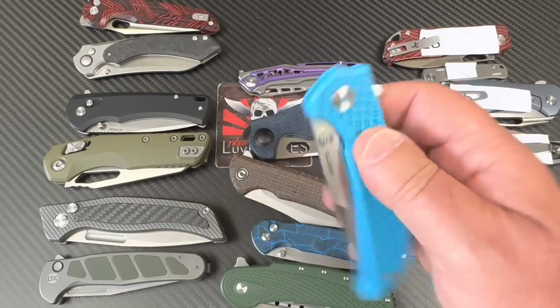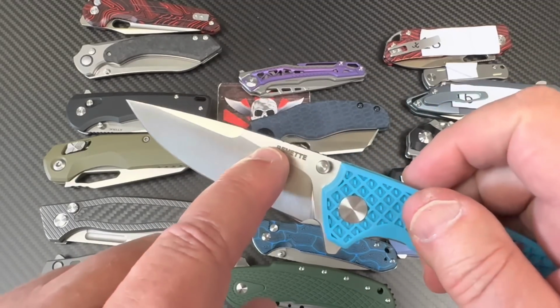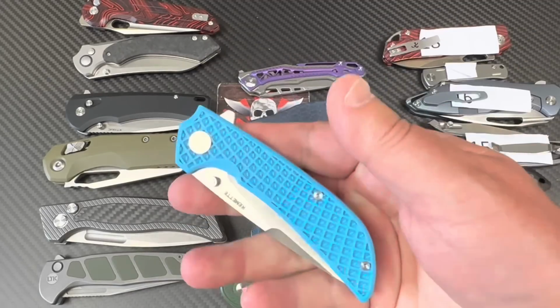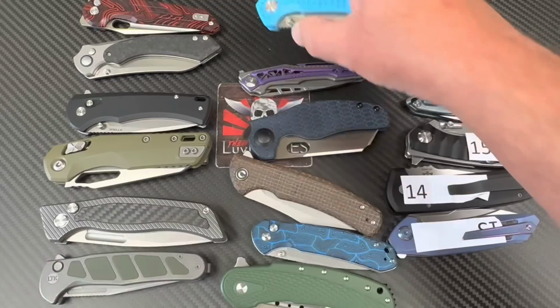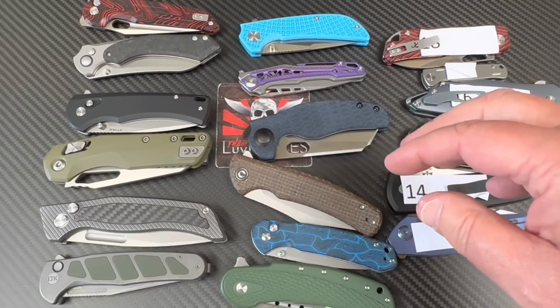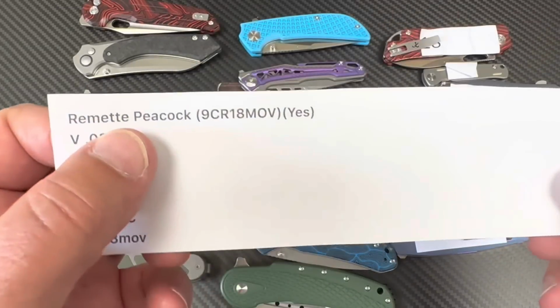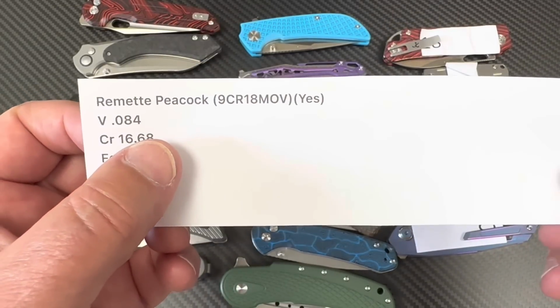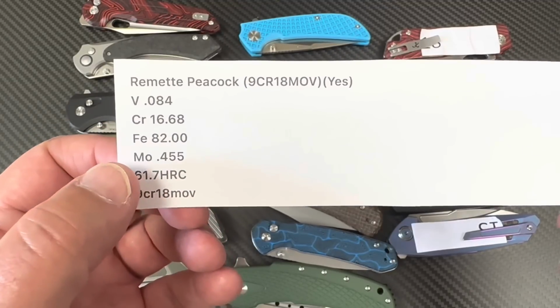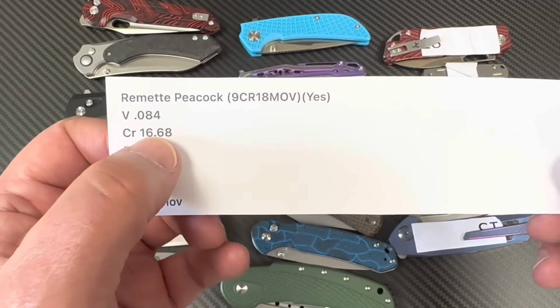Ah, those filthy liars. And there's the hardness dink on the blade. So we will find out about you, mister. You're so inexpensive. We know you're just lying. So let's just find out for sure. Oh my God, it is 9CR18. That's incredibly incredible. Now, the chromium is not very high for an